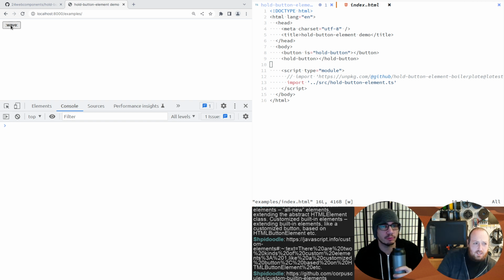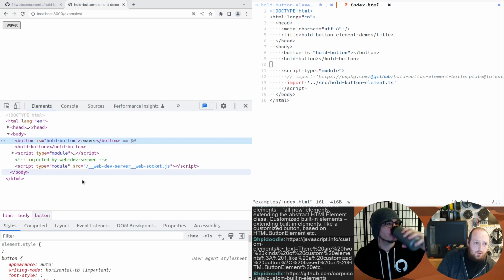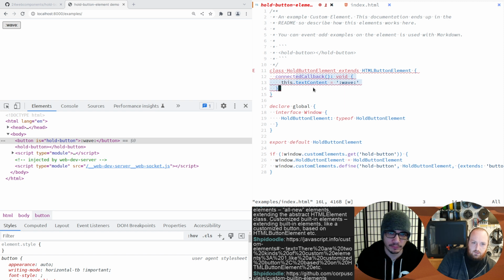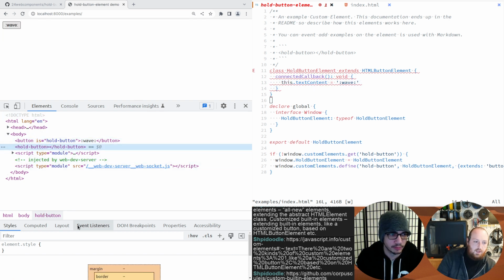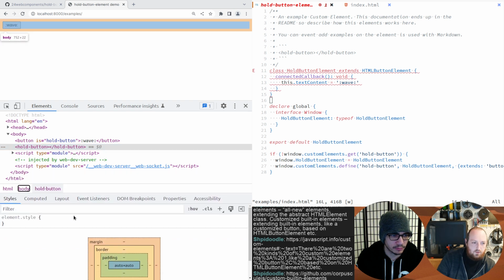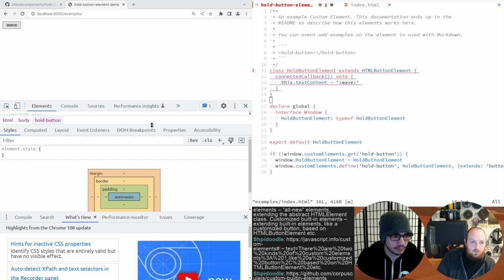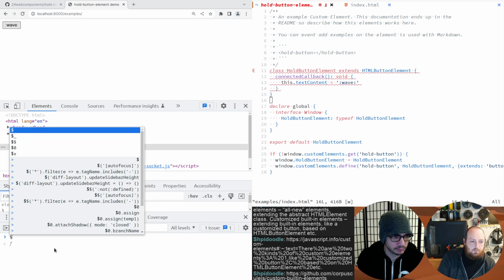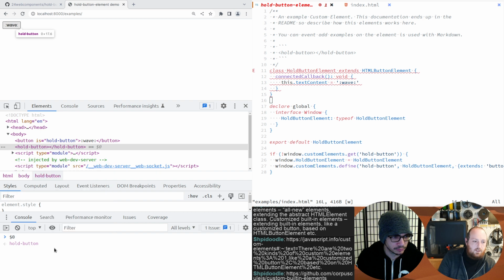But yeah, it looks like this is working. So we've got this button, which is hold button, and it doesn't have any inner text, but our connected callback has set the text content of this button. This one, however, if I go into the, where's my console? Have I got a console? Here we go. If I get rid of the advert that they put in my browser, if I look at this hold button, this autonomous one,